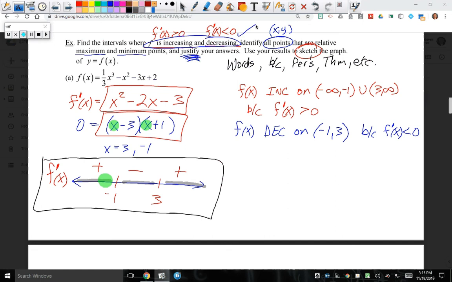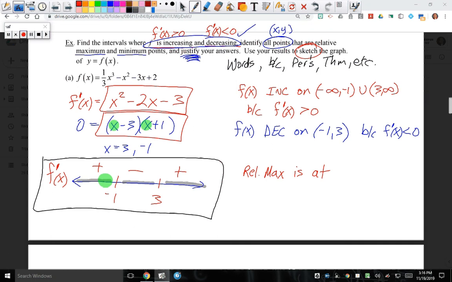Relative max and mins. How do I start that part off? You have to take the derivative. So we've already taken the derivative. We already found the critical points. We've already tested all of them. Here we go. The relative, leave a space, the relative max is at,